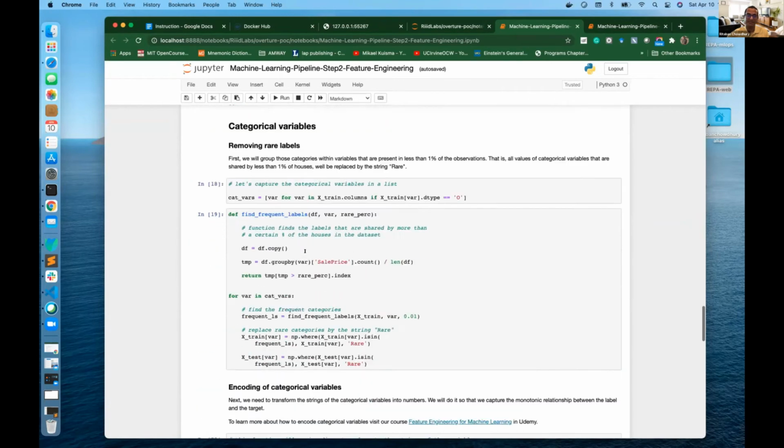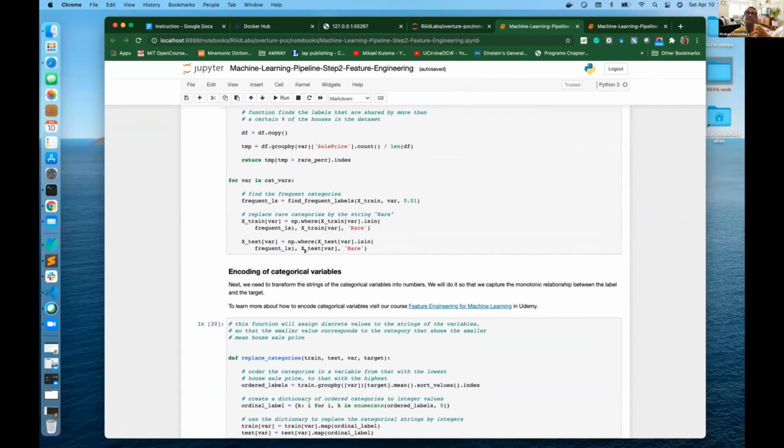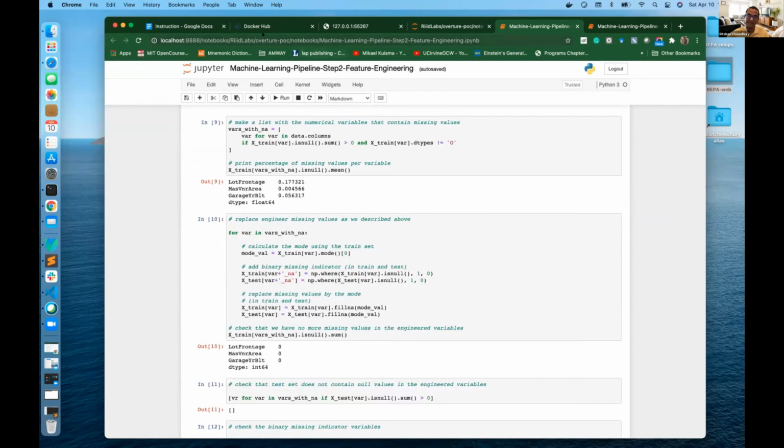So all these things are basically removing the null values, how to treat missing values and everything. So this is the work of the data scientist. So all these notebooks, now, after this is done, after the model is developed,